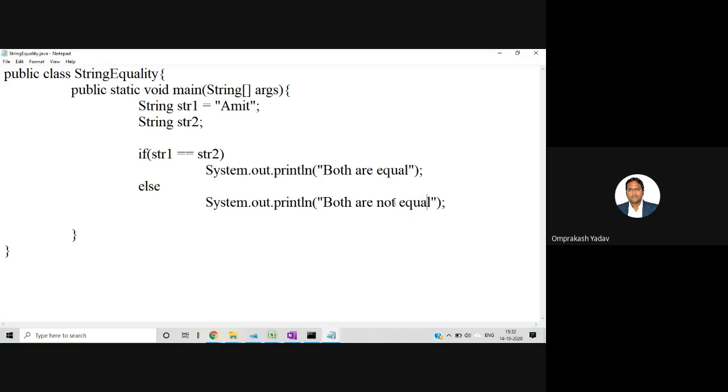So depending on what value I input in my string 2 variable, it will check if both the strings are equal. I have simply written: if str1 is equal to str2, System.out.println both are equal, else System.out.println both are not equal. I just want to check both the strings, and what I will do,